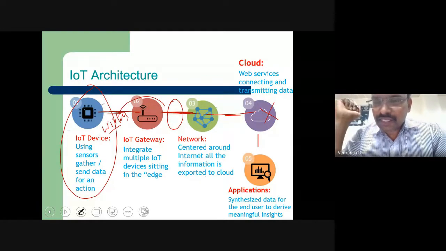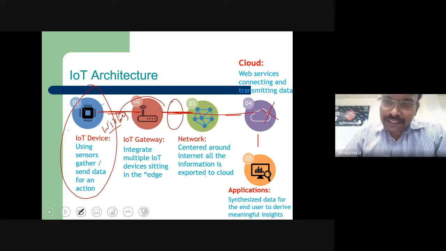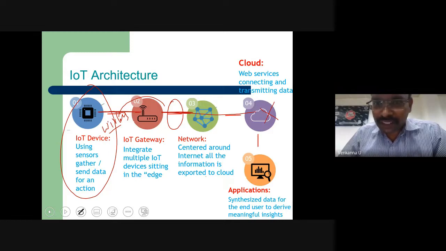When you use the cloud, there are two advantages. One is, as my friend suggested, if you store the data in the cloud, it can be accessed from anywhere. That is one advantage. Second, when you come to IoT, Internet of Things, you have the sensors. Assume in a particular scenario, it is generating 1 kilobit per second or 1 megabit per second in one IoT network. Imagine per second, per minute, per hour, per week, maybe per year. You can imagine the large volume of data that is going to be generated from the IoT sensors.